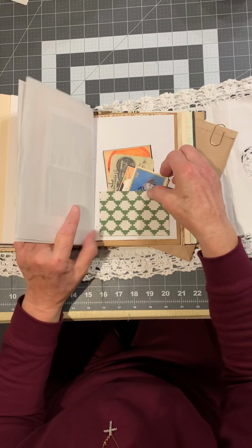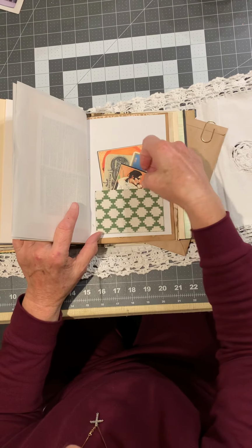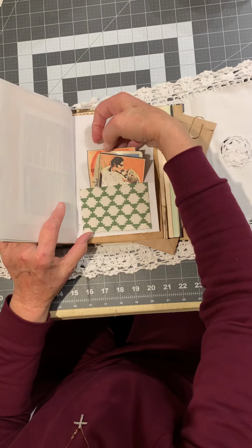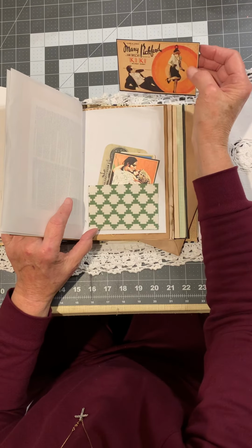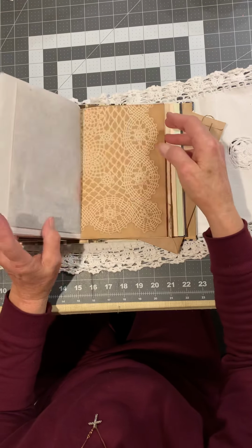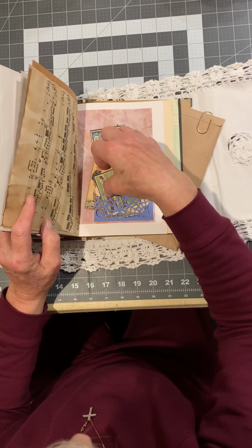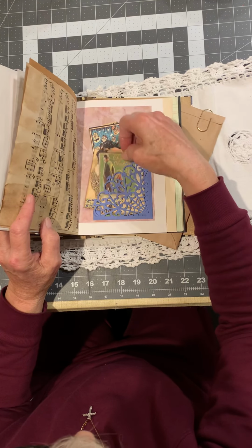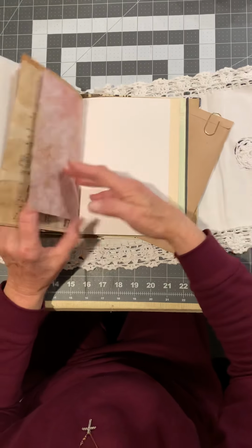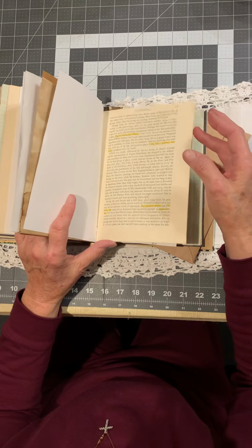Vellum, pocket, that's the playing card. Valentino, I think. Yep, Valentino. Mary Pickford, the old stars. And some more Charlie Chaplin. So these are just journaling cards to do whatever, just to kind of dress it up. And the last of the